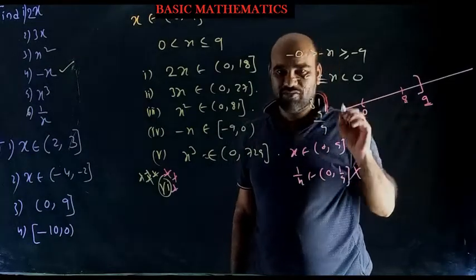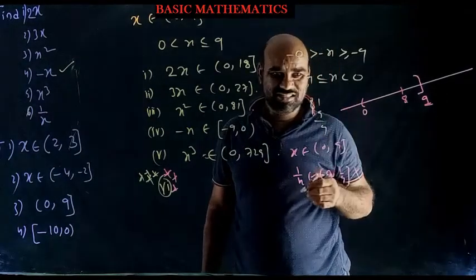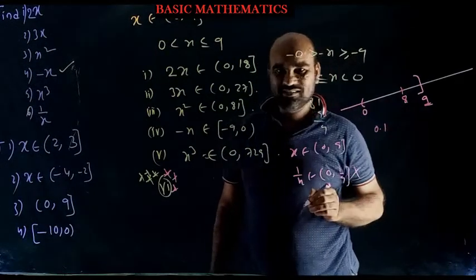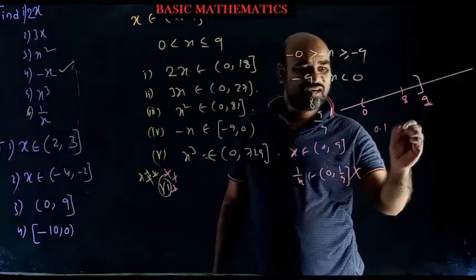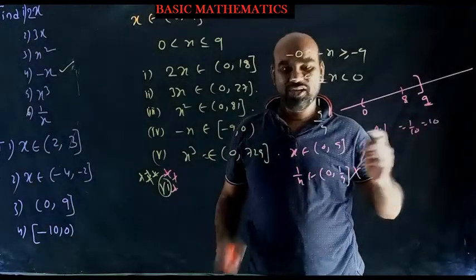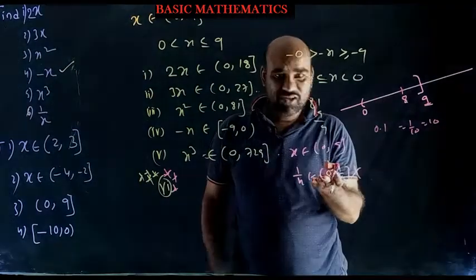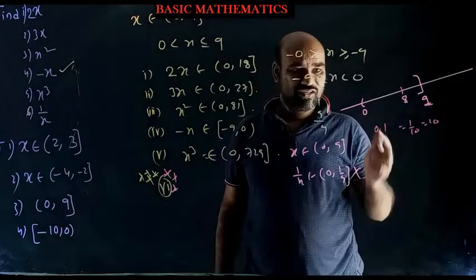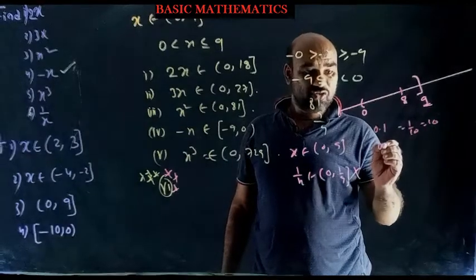1 by 9 is the smaller one. So what is the bigger one? That is the interesting thing. Right side of 0, take 0.1, which means 1 by 10. Its reciprocal is 10. Oh, in our set 10 is there, but as the answer, 10 is not there. Open 0 to 1 by 10 is not, so 10 will be there. Right side of that, 0.1, then 0.01 will be.